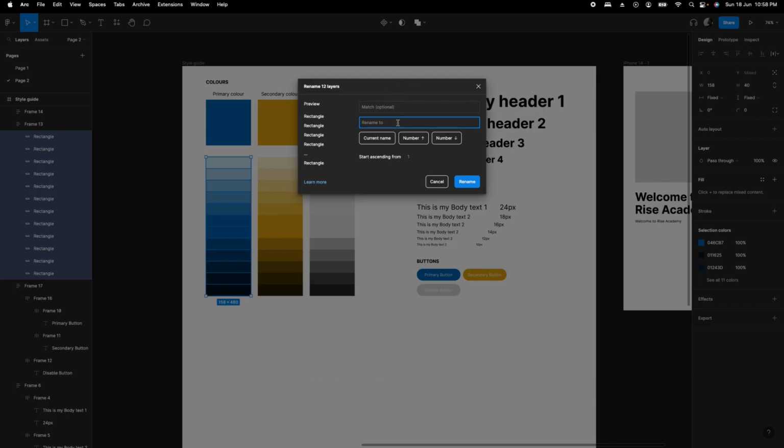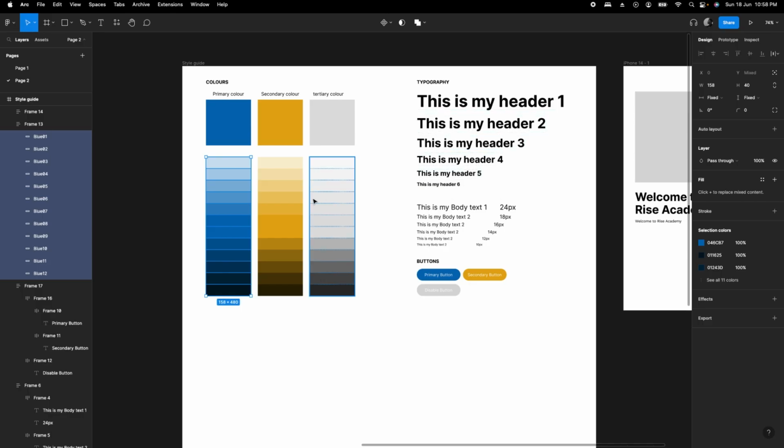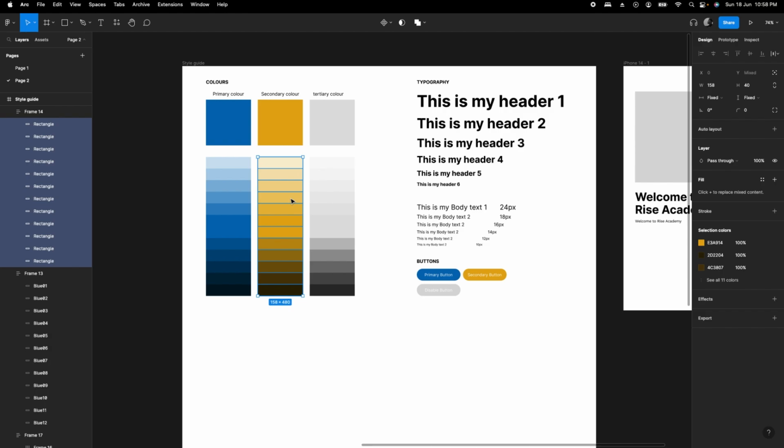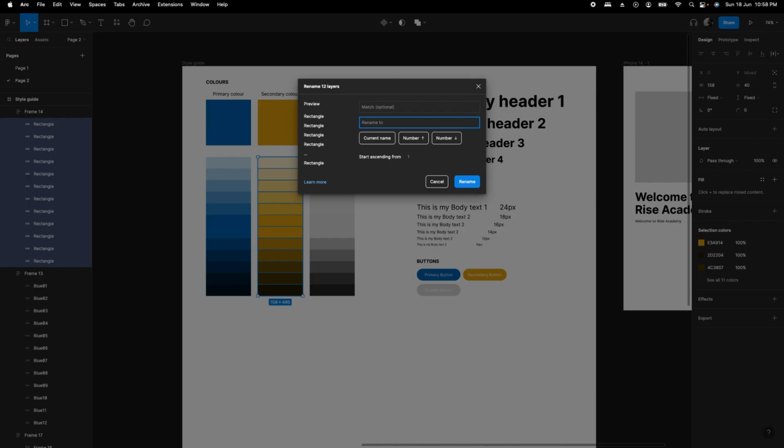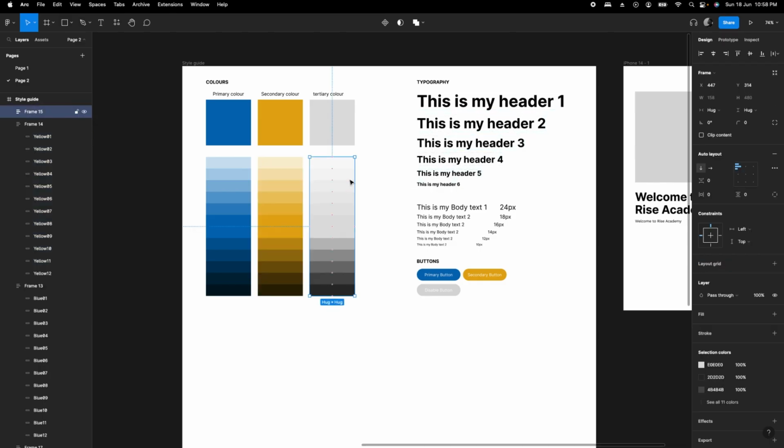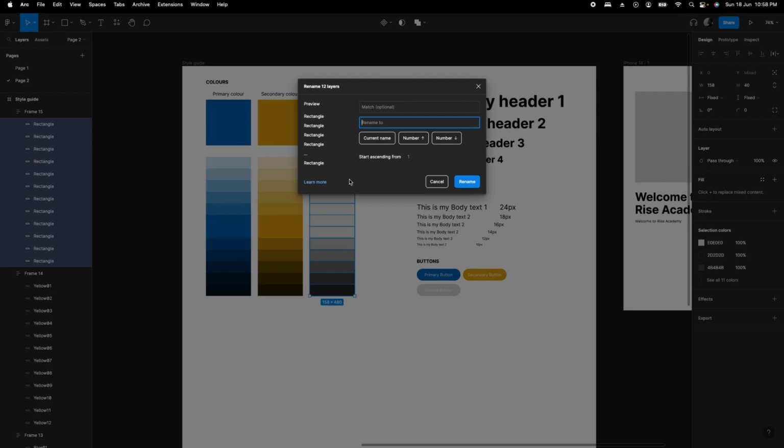So you can change the name to blue, and choose a number 01. You can choose it from highest to the lowest or from the lowest to the highest. And then once you do that, you click on rename. Now do the same thing for the yellow, and then name it yellow and put a number, and then do the same thing for, maybe name this gray,